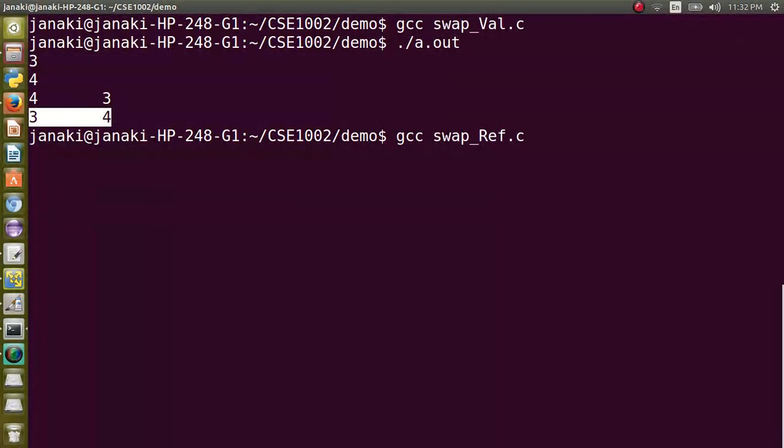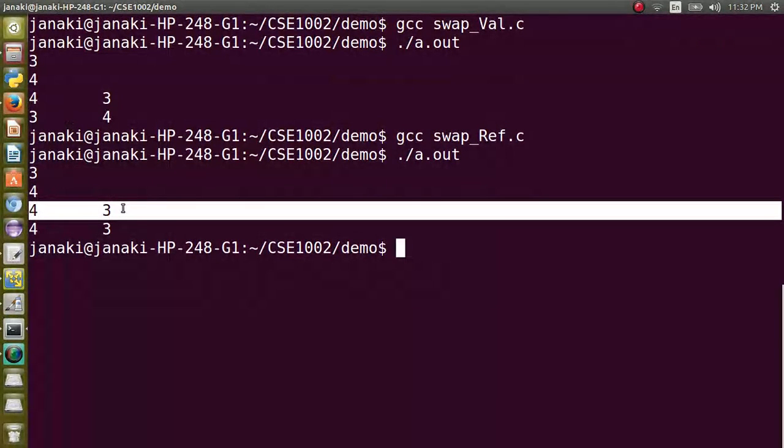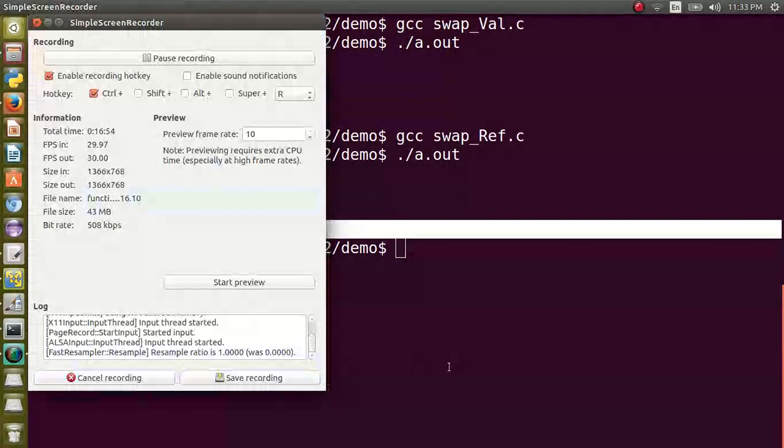So now I compile this particular program and execute it to show the demo, right? I'm entering the same values 3 and 4. You can see that the first line, 4 3, is the output printed in swap. Similarly, this is the line that is printed in main, which is also 4 and 3. This is about pass by value and pass by reference in C. Thank you for